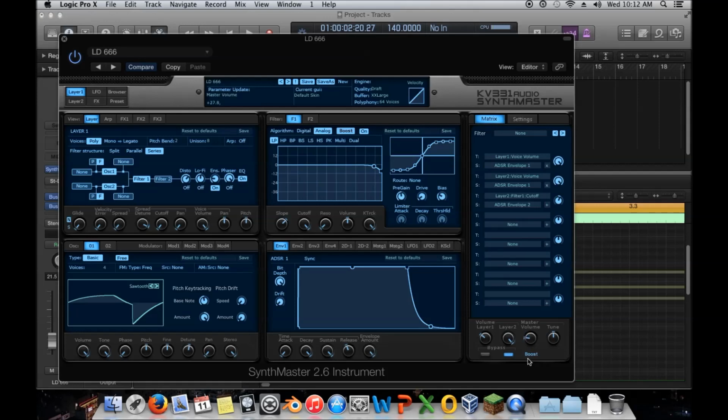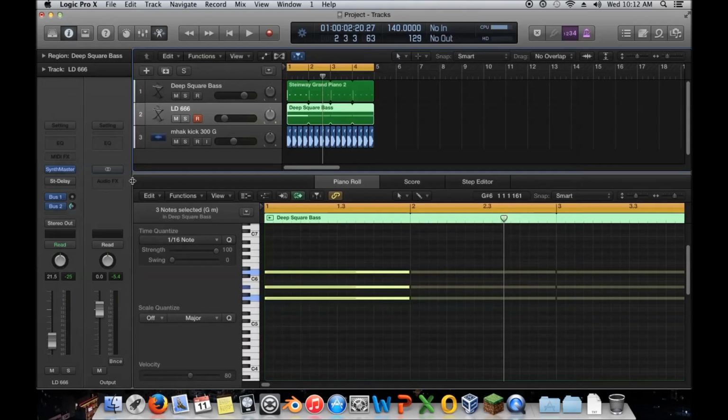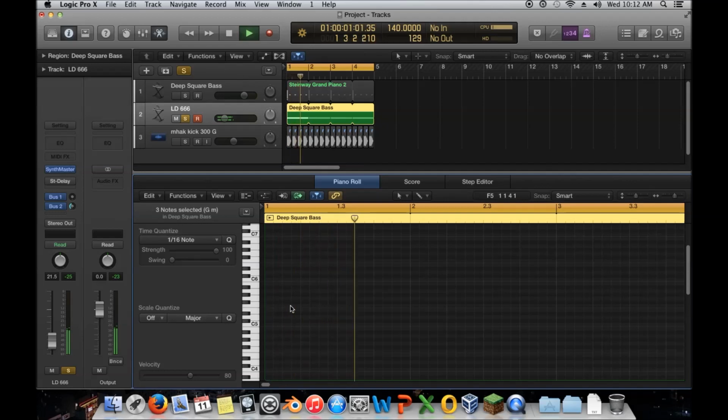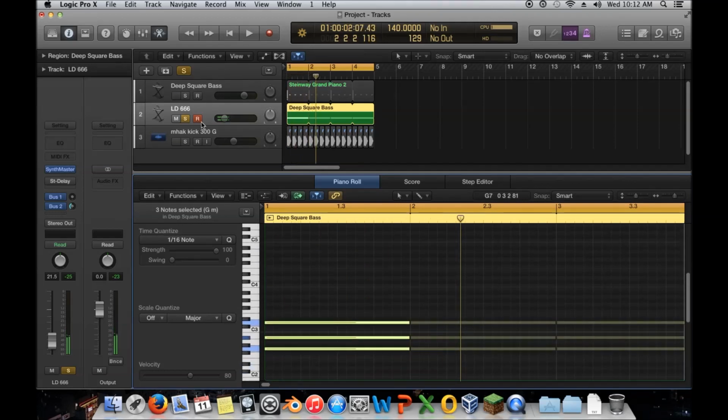I probably turned down the volume since I know it's going to be loud. And let's hear what it sounds like. So that's really high. So it's a basic super saw. It doesn't sound all that amazing because it's just one note. But if I take this and I start repeating it,